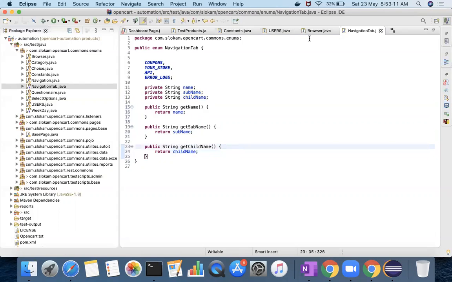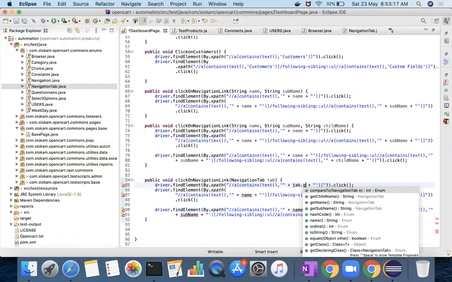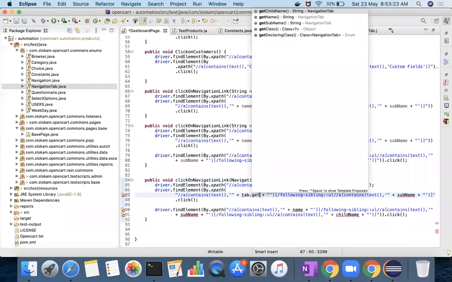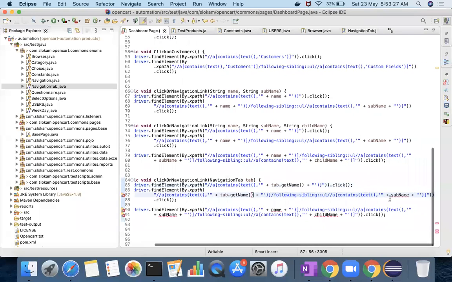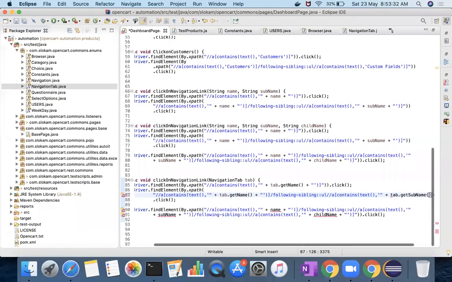So now you see here what he can do is, instead of name, tab dot get name. Whatever the value that you have here in the tab, you will get tab dot get name. And subname, how do you get? Tab dot get subname.